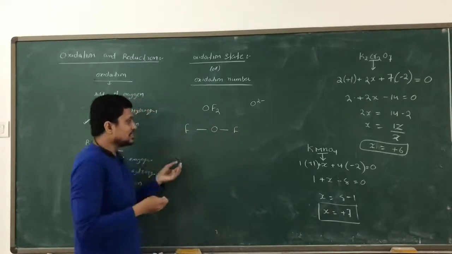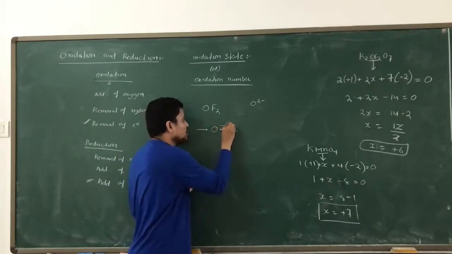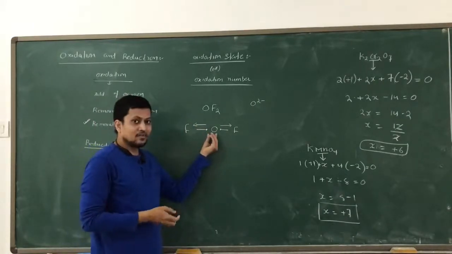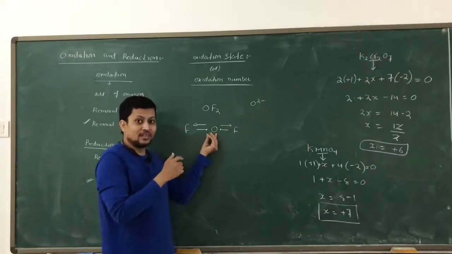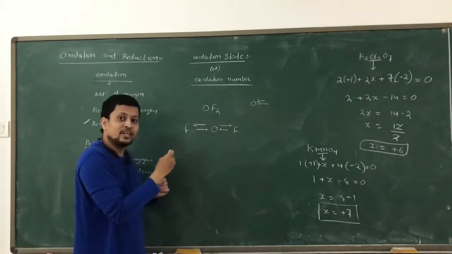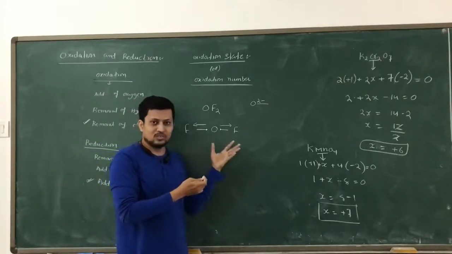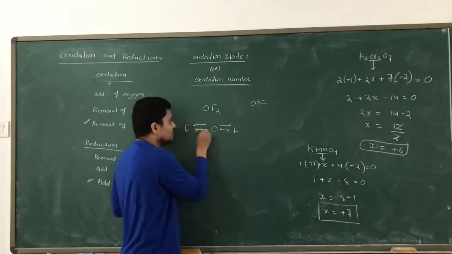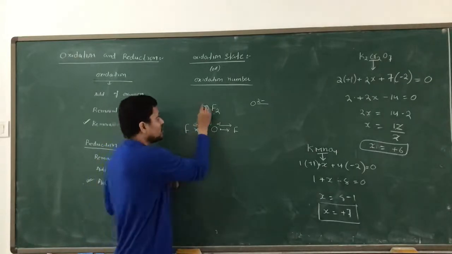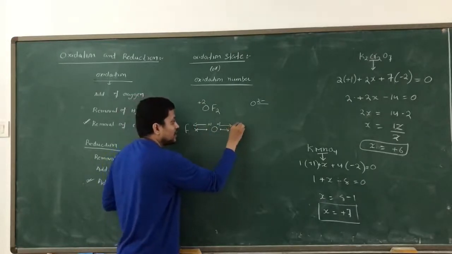See, oxygen, fluorine. In this example, the electrons of oxygen are taken away by fluorine, because fluorine is stronger than oxygen. This time oxygen is not taking an electron from fluorine, but is giving the electron. Normally oxygen gets -2 by taking electrons from any other element. But when it competes with fluorine, the only more electronegative element, it loses. Now fluorine takes the electron of oxygen, so 1 electron from here gives +1, 1 electron from here gives +1. So the oxidation state of oxygen is going to be +2.